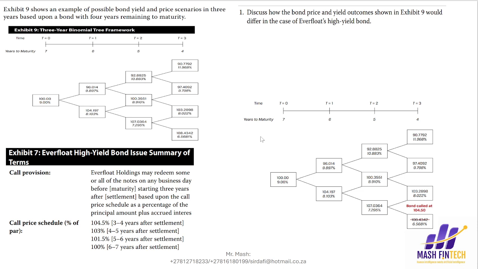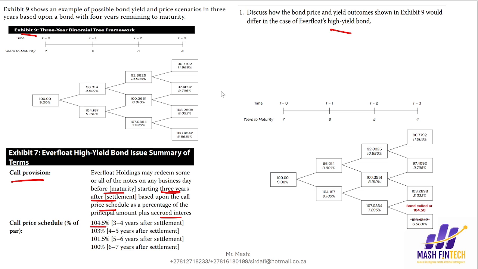Now, look at the first question. Discuss how the bond price and yield outcomes shown in Exhibit 9 would differ in the case of Everfloat's high yield bond. So this is Exhibit 9, and in the case of the high yield bond, I took an extract from the exhibit. They tell you that there's a call provision on the high yield bond, and Everfloat Holdings may redeem some or all of the notes on any business day before maturity, starting 3 years after settlement, based on the call price schedule as a percentage of principal amount plus accrued interest. So you see here that the call price schedule for year 3 to 4 is